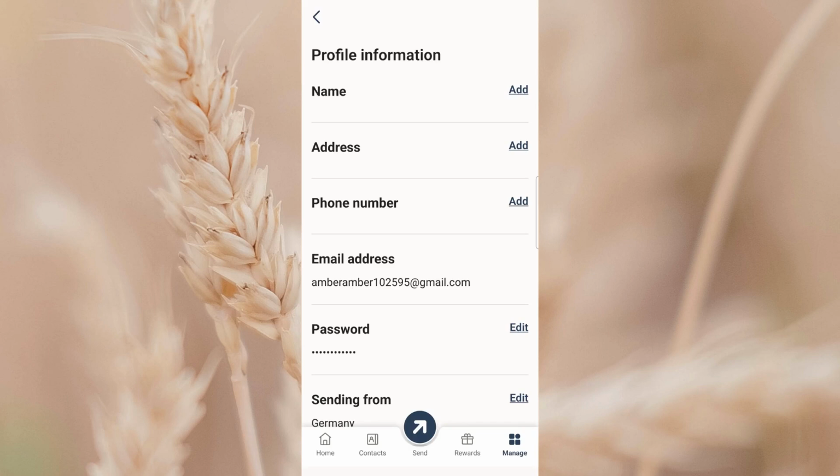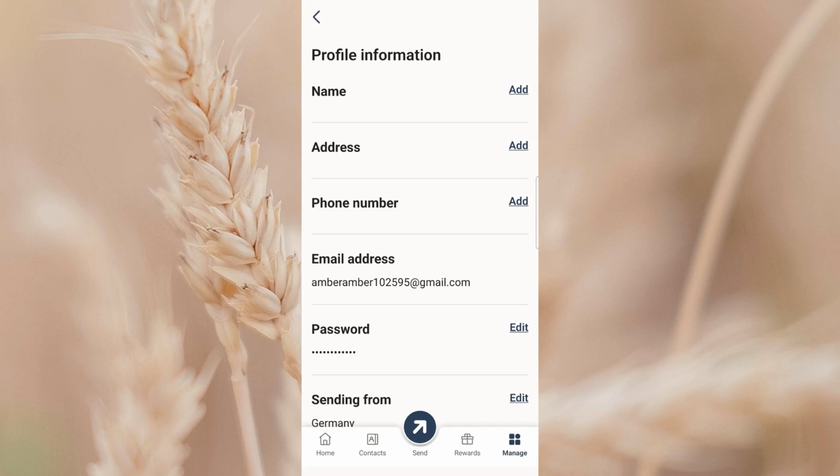In the profile area, add or review your name, address, phone number, and email address. Go through each field carefully and check for any spelling errors, missing details, or outdated information. If you recently changed your address, email, or phone number, this is the time to correct it. Accuracy here is very important, so don't rush this part. Make sure everything is correct before moving on.